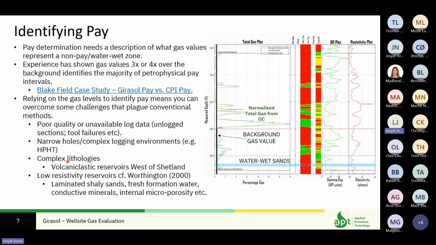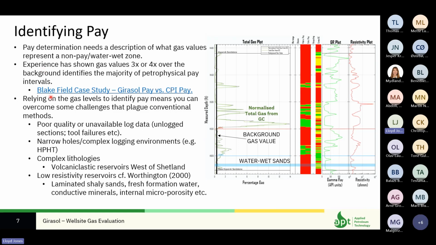So we take a slightly different approach, and we determine what pay is by identifying a zone of background gas. Typically that's in a water wet sand, or in a shale that has very low in situ gas, for example. And that's typically what we use to identify pay. And experience has shown gas values 3 times or 4 times above this background gas level identifies the majority